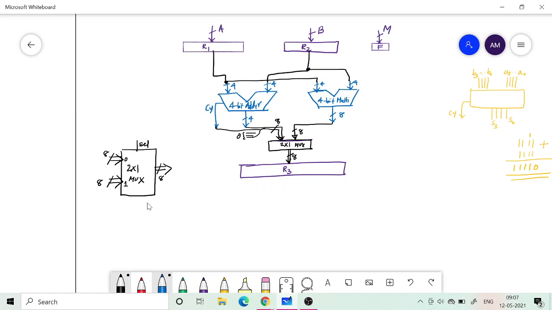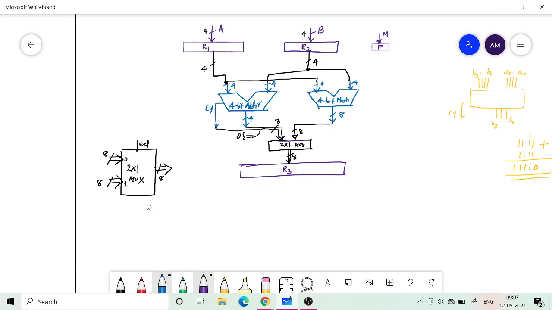Okay, when I put a cut here, please note that it's a bus. Bus means a set of lines. If I write 4, then it's a 4-bit input. Sorry, here it is not 4, it is just 1. Here it's just a single bit, but here it's a 4-bit input. A is a 4-bit input, B is a 4-bit input. It is getting stored in register R1, and it is also getting stored in R2.